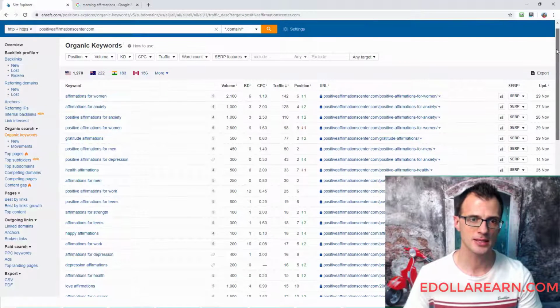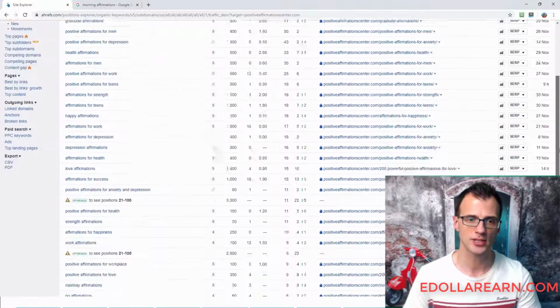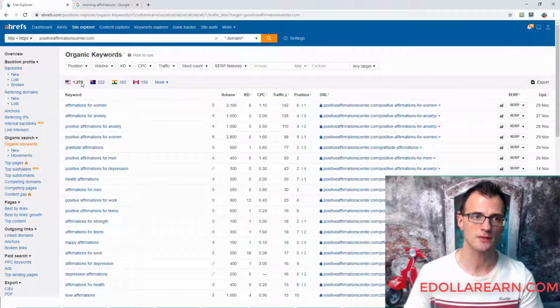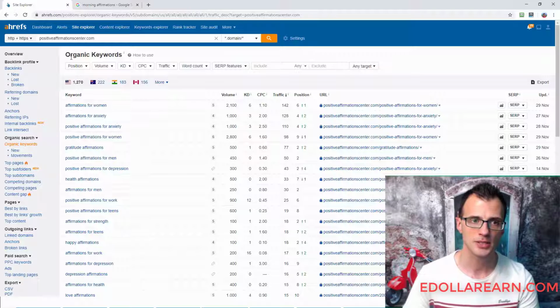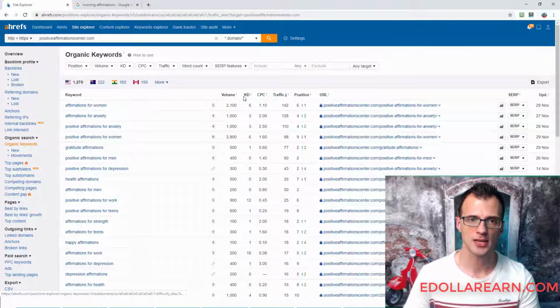And here it is. This is our list of organic keywords that they're ranking for, that we also have a very good chance of ranking for. We're going to work through the actual filtering process a little bit later on, but you can see here that we've ended up with 1,270 potential keywords. And we also have the data such as keyword difficulty, what position this website is ranking for,